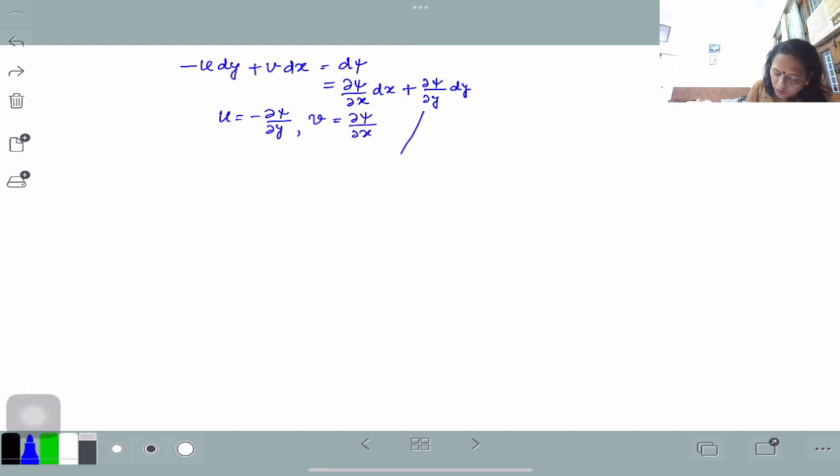Naturally, psi is a function of x and y, so I may write d psi as delta psi delta x dx plus delta psi delta y dy. And comparing, I get u is minus delta psi delta y and v is delta psi delta x. I may also take u is delta psi delta y and v is equal to minus delta psi delta x,